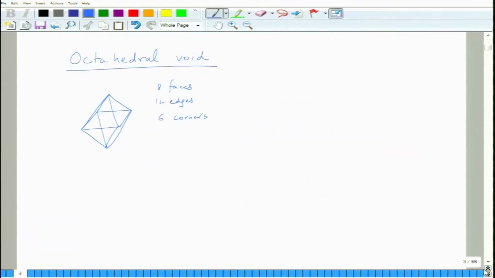Now this octahedra can be found in an ABC or AB kind of packing. The configuration looks something like that. So you have an atom sitting here, the next layer goes there, and the next layer which comes on top does not need to go exactly on top of A, it can go to C. So you will have this kind of, so this guy which is sitting at the center is surrounded by 3 at the bottom and 3 on top. It has 6